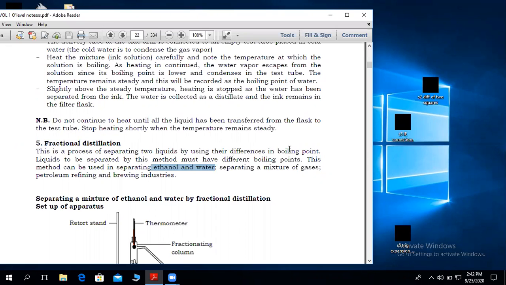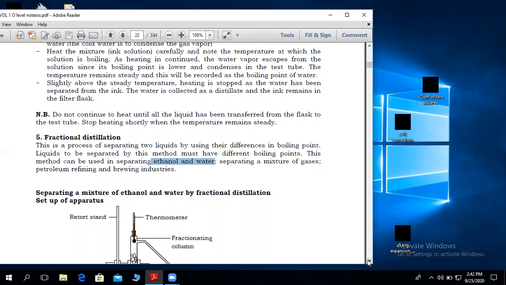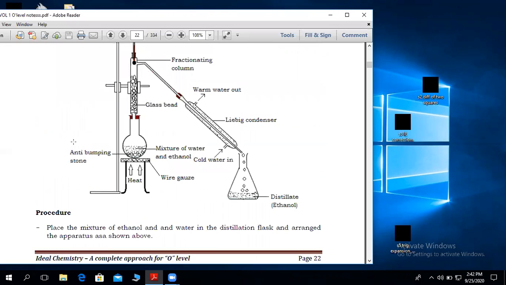We have paraffin and water. We have petrol and water. All those are immiscible liquids. So you drew the diagram very well. That was good. But after the diagram, since the question had said describe how, you draw the diagram and you